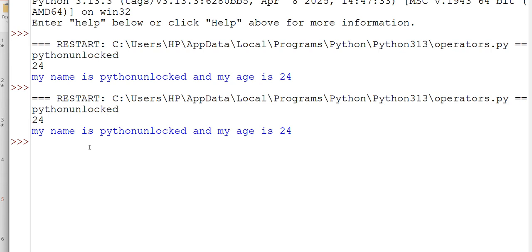So one way is we can use the format method. The dot format is where we use the placeholder in a string. The other one is the f-string, which means that before starting a string I put f in my print statement.